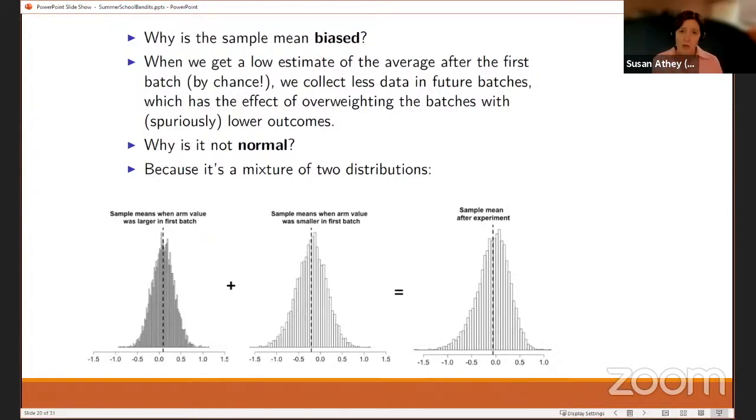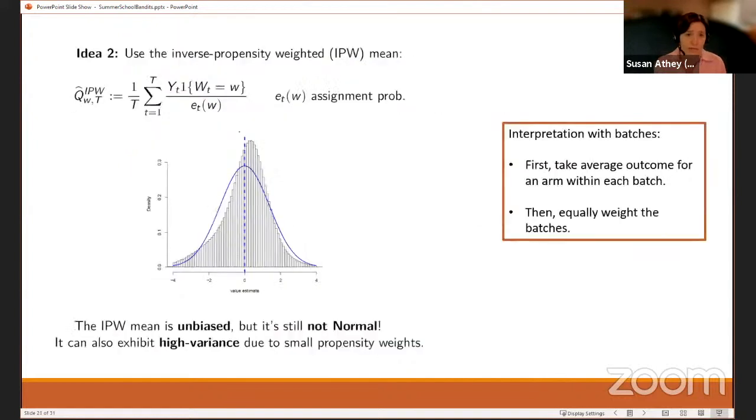Okay. And again, when I first started doing this, I thought, oh, this isn't going to be that big a deal. It's all going to go away. But then we did simulations, and we kept getting bad coverage of confidence intervals. I had started with some contextual bandits, and I went back to simple bandits and found out, no, it's not a bug. This is really something that can be important quantitatively.